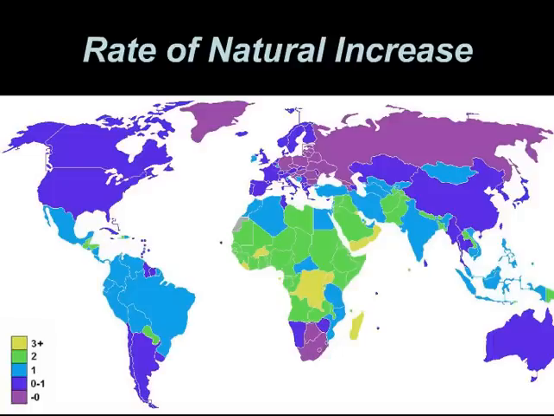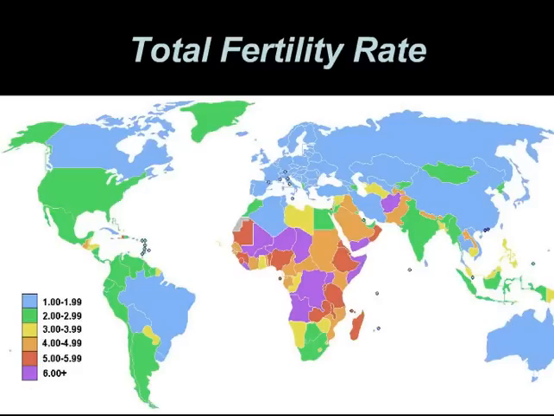So those areas that have very high birth rates but lower death rates are showcased in yellow or green, where those places that have a birth rate and death rate that are nearly equal are going to be purple and blue. And so essentially what this shows is the places that are green and yellow have very high population growth just naturally, from natural factors, not including migration at all.